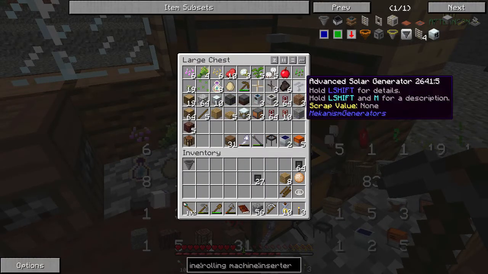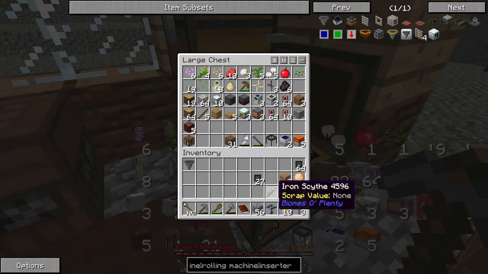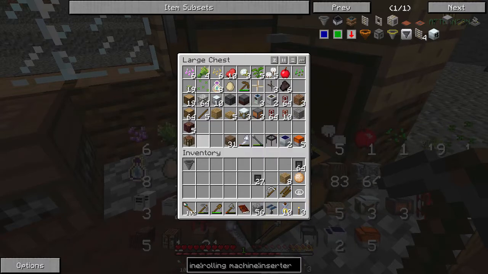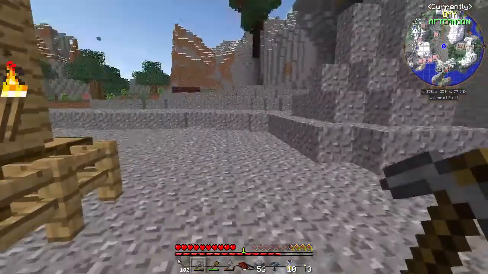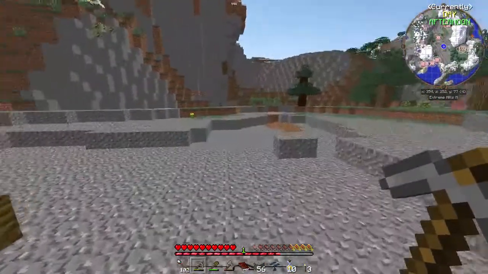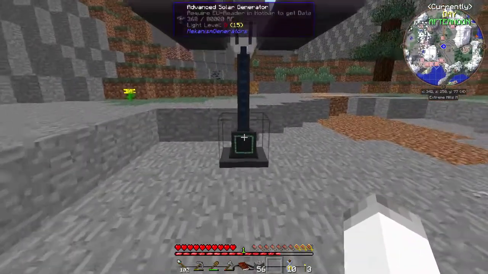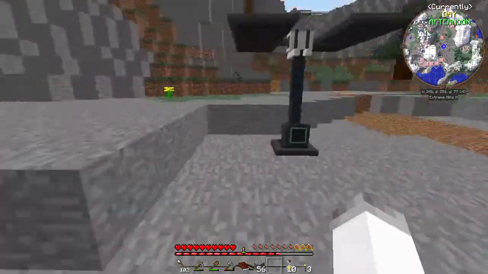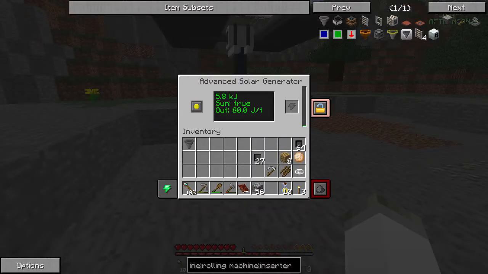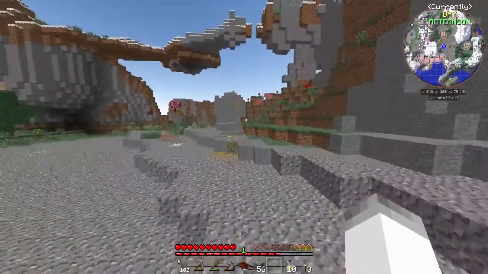Wind turbine. We can use mechanism power. That might be good. Let's go ahead and get that set up. We're going to set that up right over here. Oh man, I want to get rid of literally all of this gravel. Now something I'm not sure about is this uses joules. I don't know if this will also... Okay. It presumably also outputs